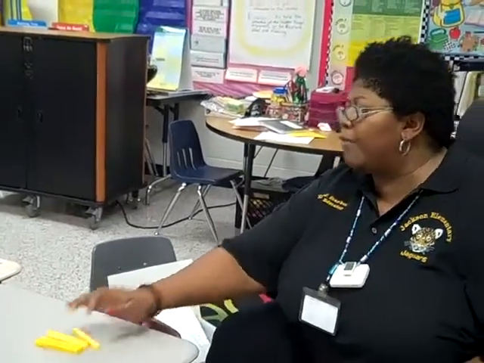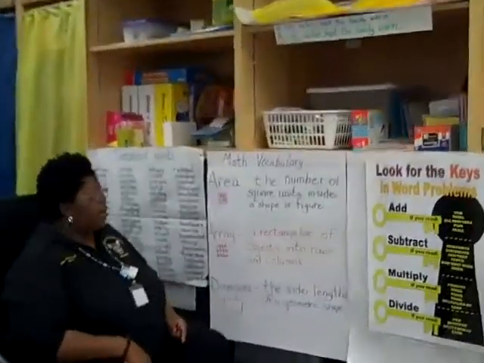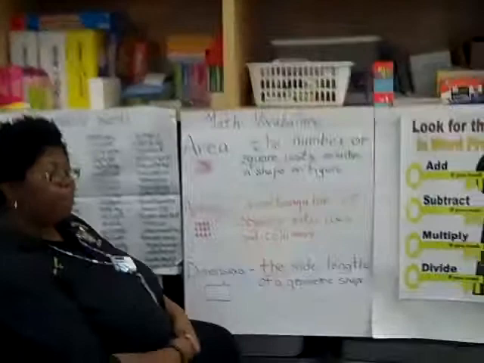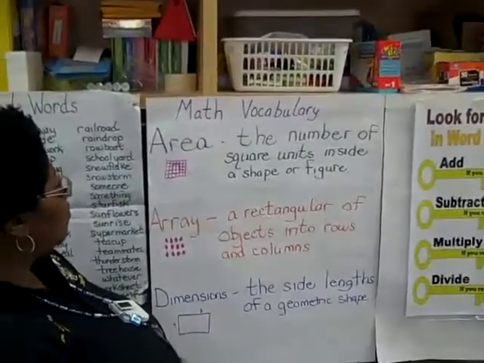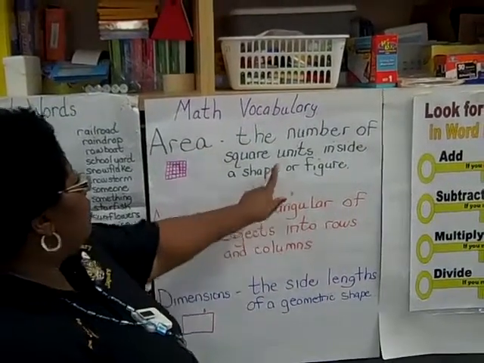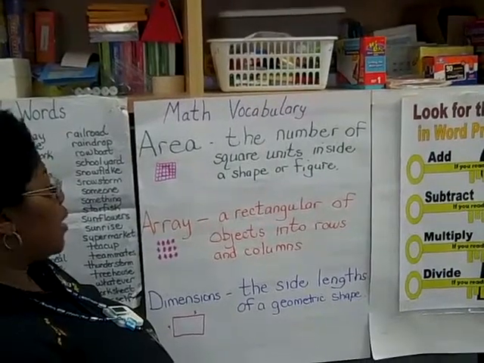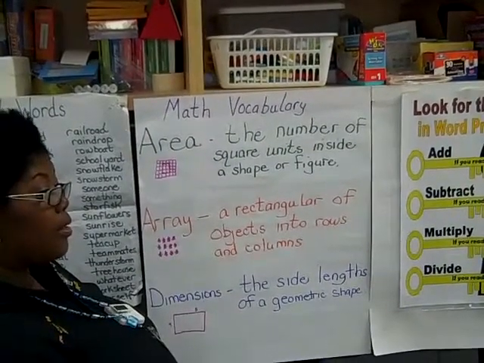Okay, so we've talked about areas before, is that right? Okay, well let's just review some of the vocabulary. Do you remember what an area is? Sort of? Okay, if you're not sure, I wrote it up here so we can take a look at it. What's an area? Area is the number of square units inside a shape